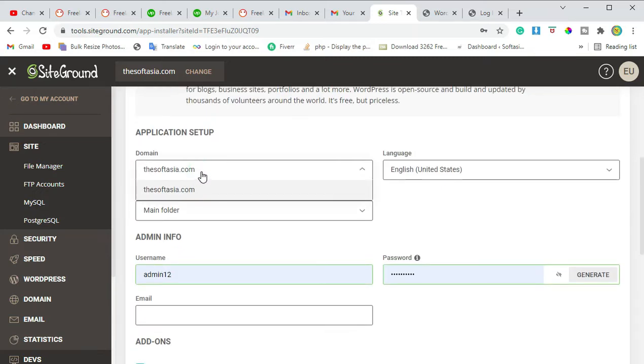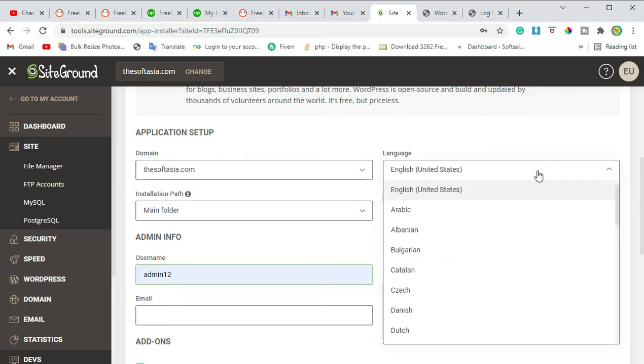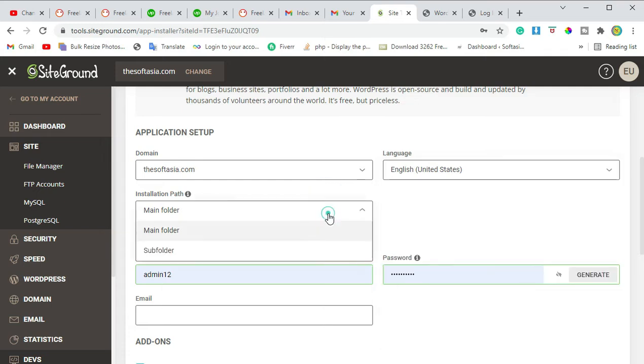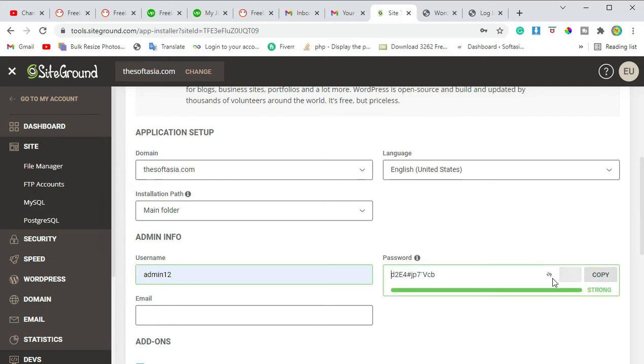Here I have only one domain. Select language. You have multiple language options. Installation path. By default it is main folder. You can select subfolder, add username, generate password,